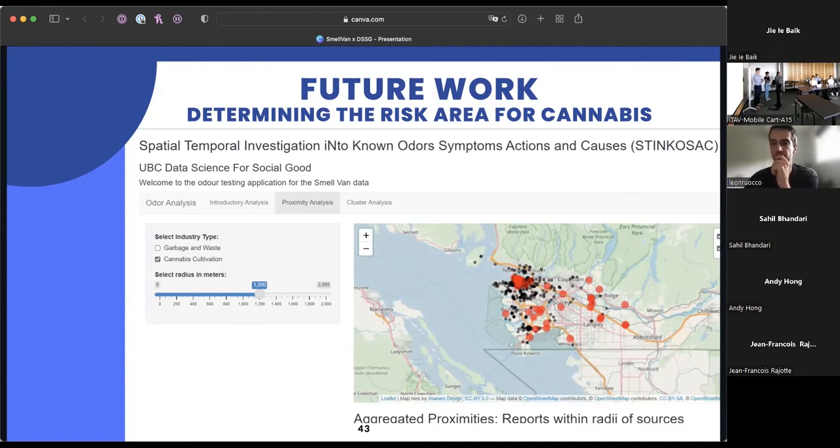But I think this might be a question for you, Amanda. I think one of the benefits of this is that for those wonderful citizens who actually submit the smell report, it will be nice for them to know that somebody is paying attention. So if there's something that could link to that, that somebody actually analyzed some of the data that we have submitted, I think that